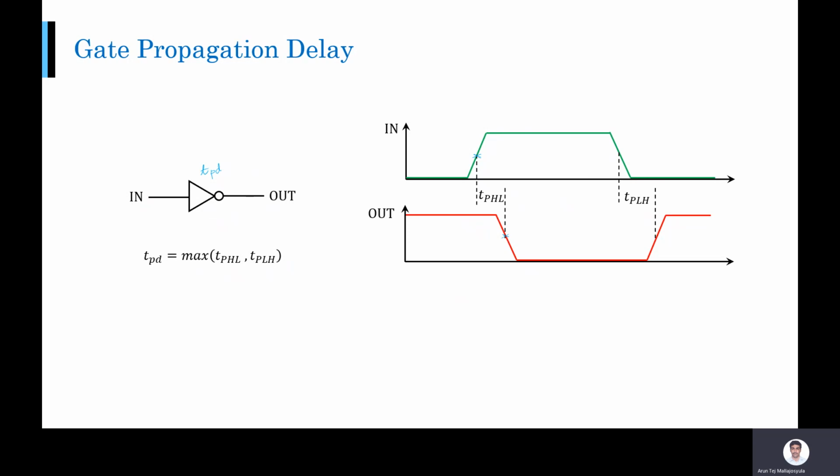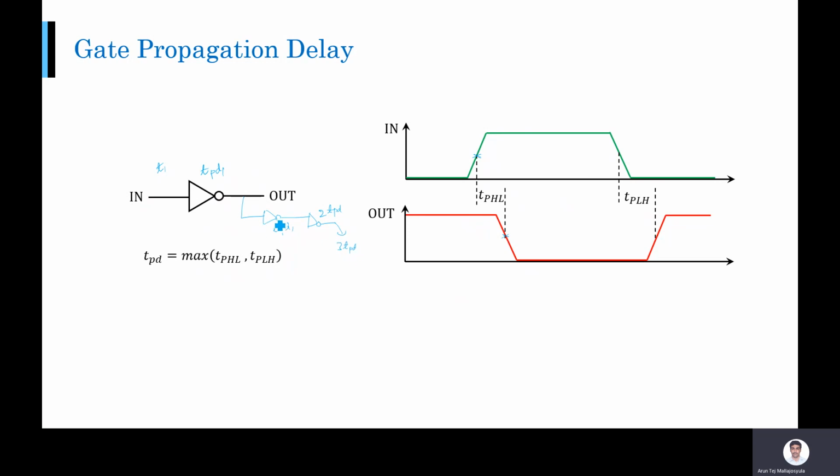Okay, and so if you have several such gates in your circuit, each gate is having, let us say, a delay of TPD. Suppose I have one more gate attached to this. So your input has changed. Let us say this instant is T1. So the final output will change after how much time? Each gate is exactly the same in terms of delay. So it will change after 2 TPD, right? If you have 3 gates, then this output will come after 3 times TPD.